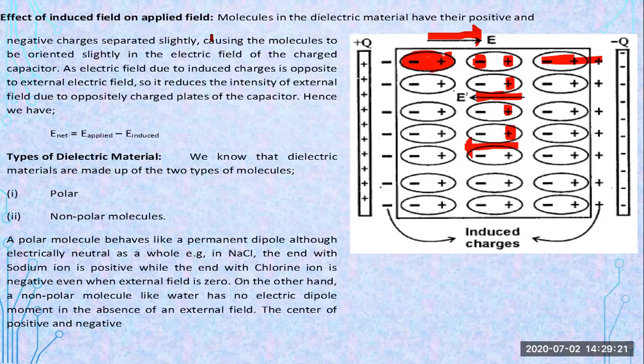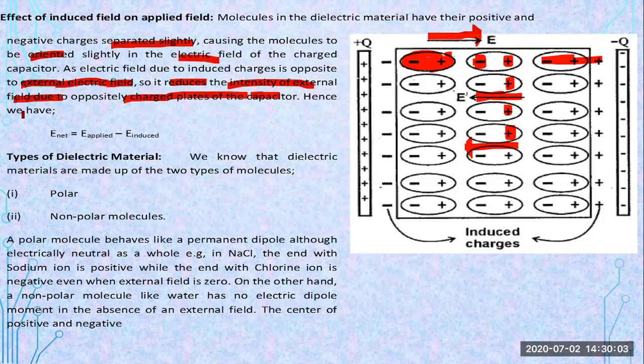So here it is. The molecules in the dielectric materials have their positive and negative charges separated slightly, causing the molecules to be oriented slightly in the induced field. And this is orientation. Positive charges are on one side, negative on the other. So the electric field due to the induced charges is opposite to the external field, which I have already discussed, so that it reduces the intensity of the external field due to the oppositely charged plates,